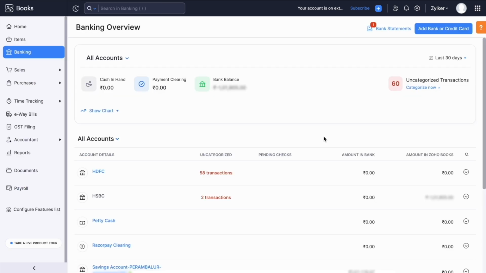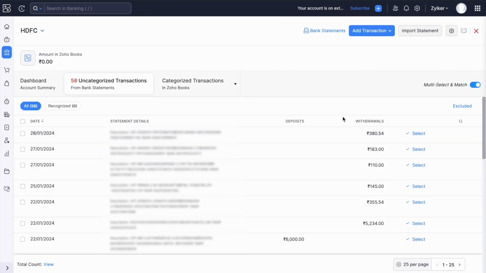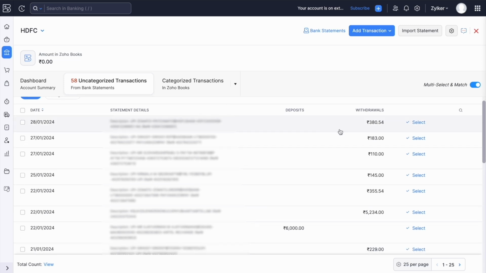So let's see a quick recap of what has been discussed now. We have seen how to add a bank account in Zoho Books, and we have seen how to bring in your bank statements via multiple formats like importing your PDF files or CSV files, also auto forwarding your bank statements, and also connecting your bank account to fetch the feeds automatically. We have also seen how the transactions can be matched or categorized in Zoho Books. We have even checked the transaction rules, and finally